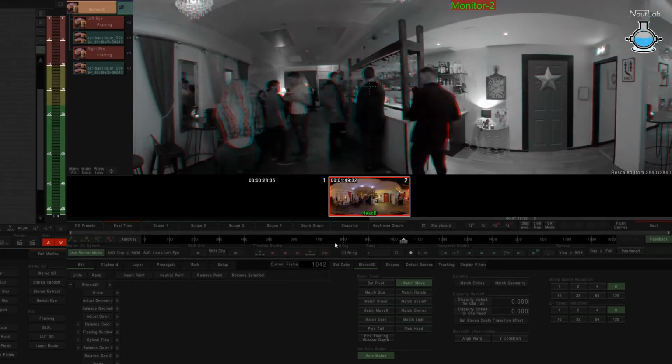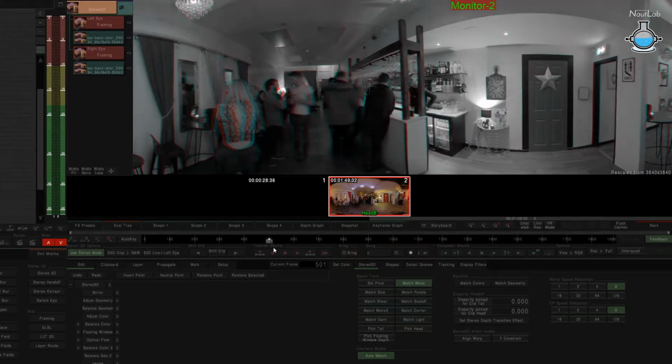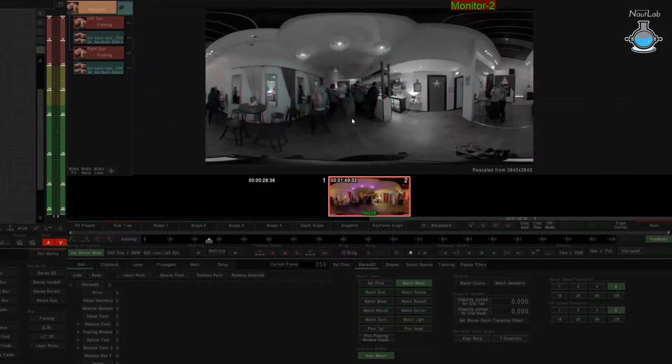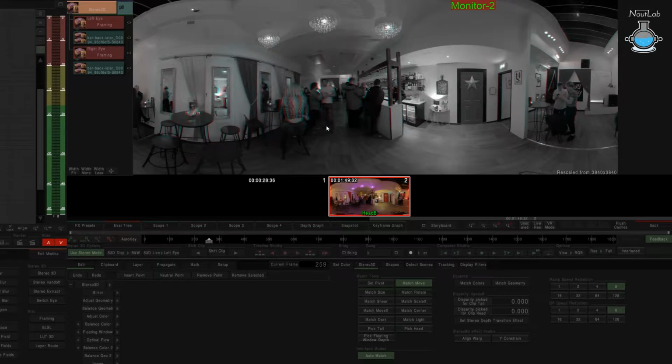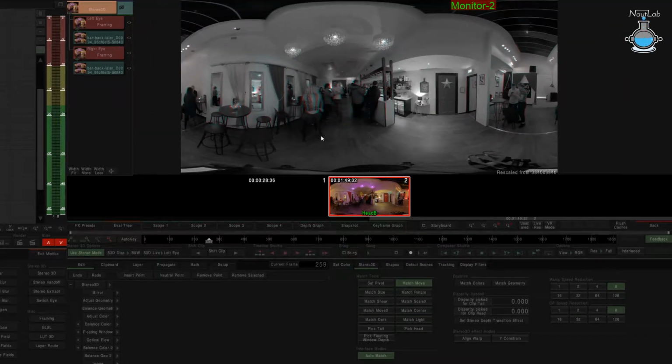Of course, I can now drag through the timeline properly. So now I've got the freedom to do any fixes that I need to do without having to render it all over again. Now, the reason why you might want to do it this way is because you've now got base footage that, obviously, rendering the stitch is very time consuming. So any patching that you might want to do, if you do it post-stitch render, that's going to speed up